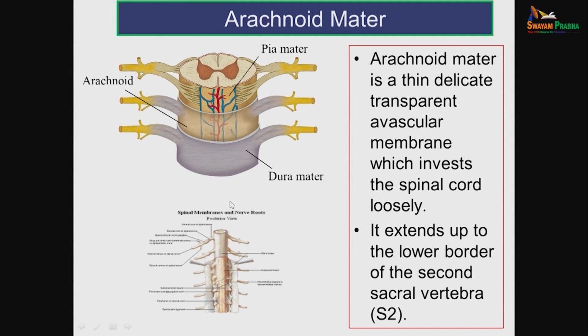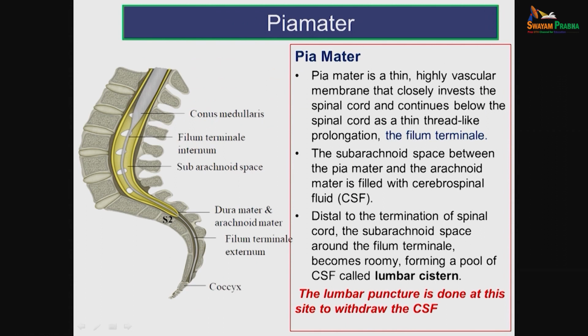Like dura mater, it also extends up to the lower border of second sacral vertebra. This is very important. The dura mater and arachnoid mater will extend till the level of lower border of second sacral vertebra. Next is the pia mater. As I already told you, pia mater closely invests the cord, is very thin. It's a highly vascular membrane which is covering the cord, and below the termination of cord,